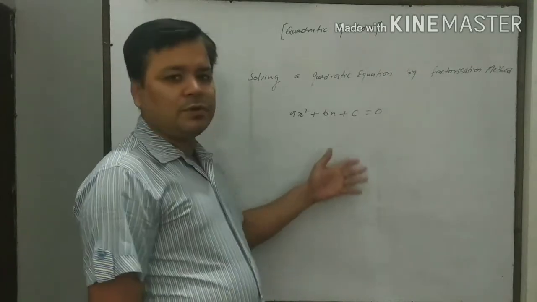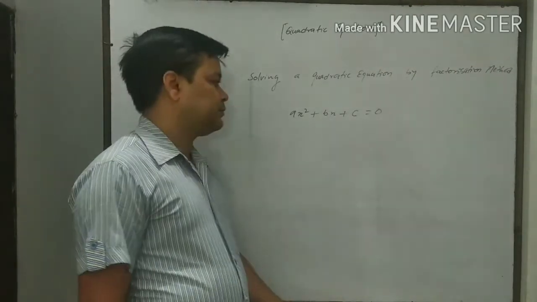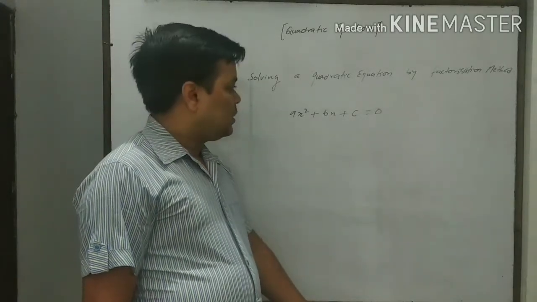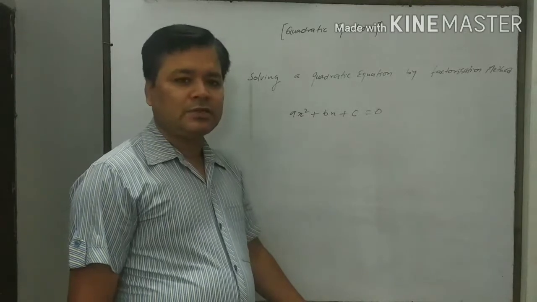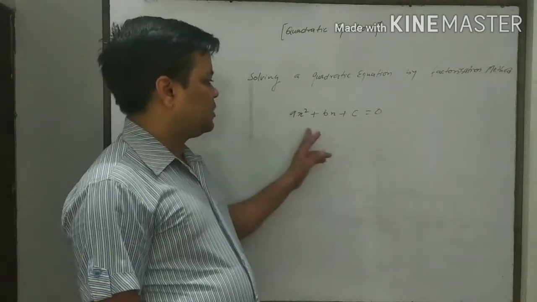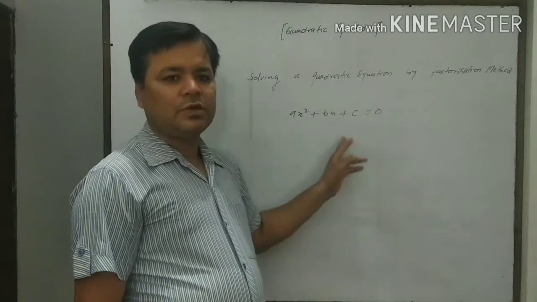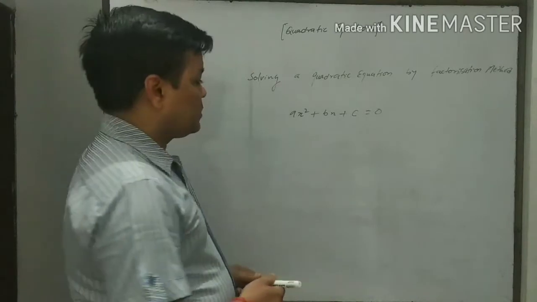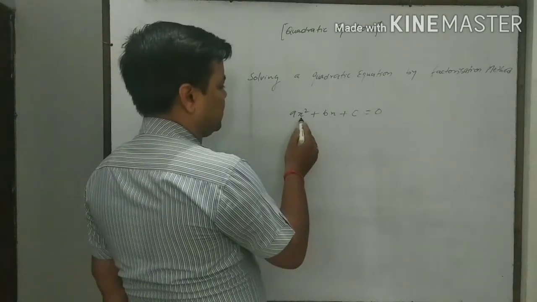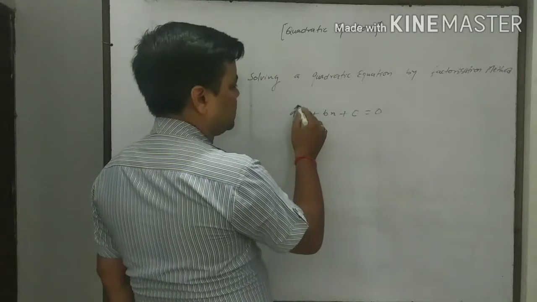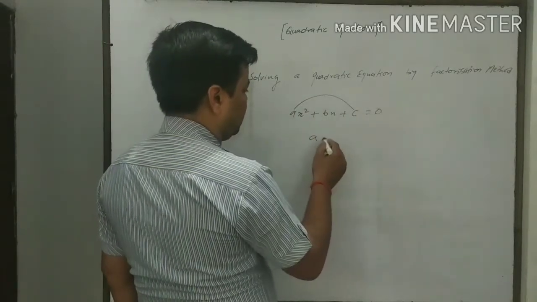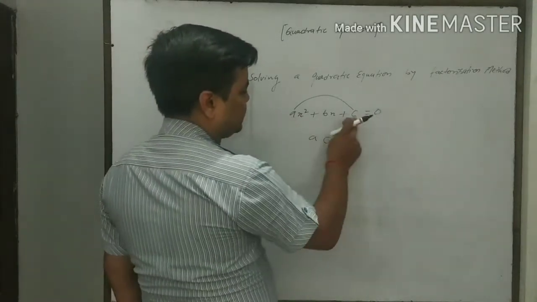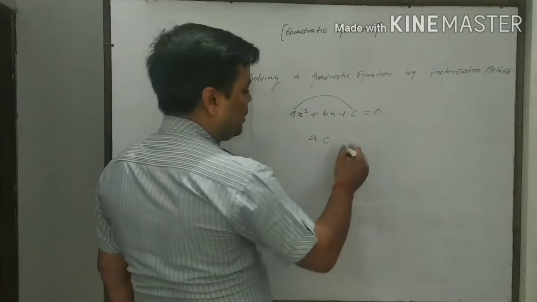Today we discussed briefly about the standard form. Now the question is how we should solve it. In the previous class, in 9th class, we also discussed the solution of this type of equation, the quadratic equation, in chapter 7. What do we do? First of all, we multiply the coefficient of x², that is a, and the constant term c. First we multiply a and c. That will be ac.